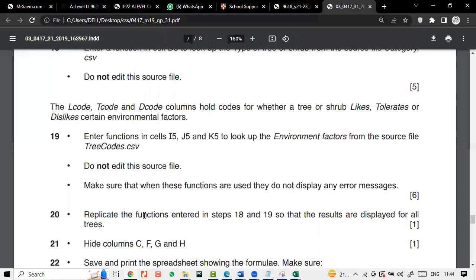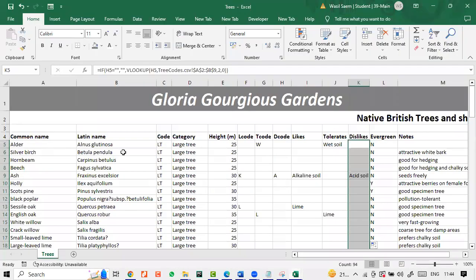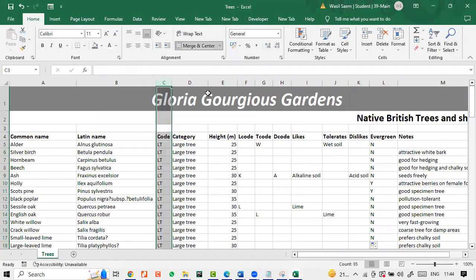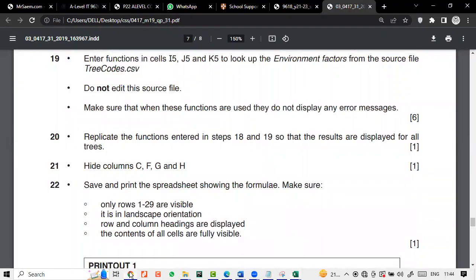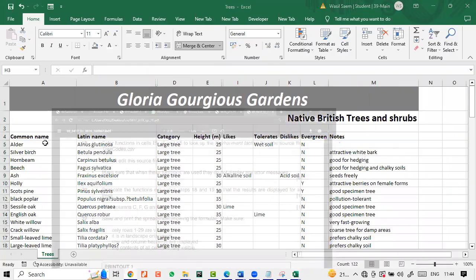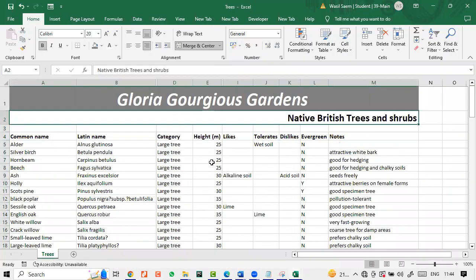Let's read the question now. Replicate the function, done that. Hide columns C, F, G, H. So select C, press Control, select F, G, H, and you hide them. Save the spreadsheet, print the formulas showing only rows 1 to 29 are visible. So I can simply select from